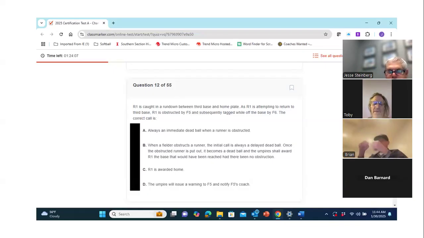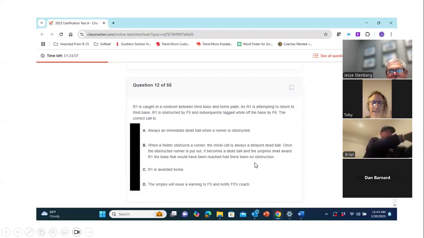However, because obstruction occurred while making a play, a warning would not be issued anyways. She was obstructed by the third baseman and tagged out by the shortstop. So the third baseman wasn't making a play, the shortstop made a play. Okay. But in college, you would issue a warning on an obstruction play. And if they do it a second time, you get to toss the player. We don't have that in high school.